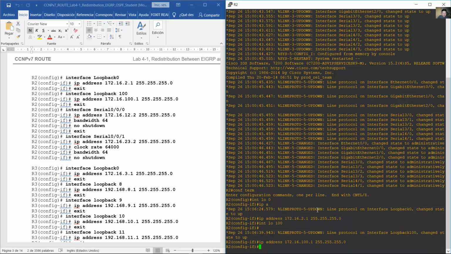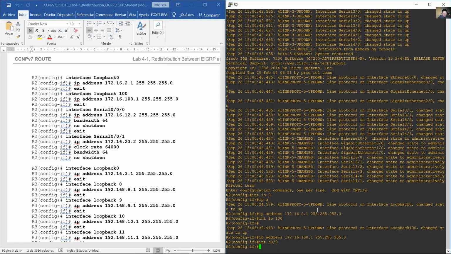Serial 0, in my case serial 3/0, the IP address 12.2, subnet mask 24,